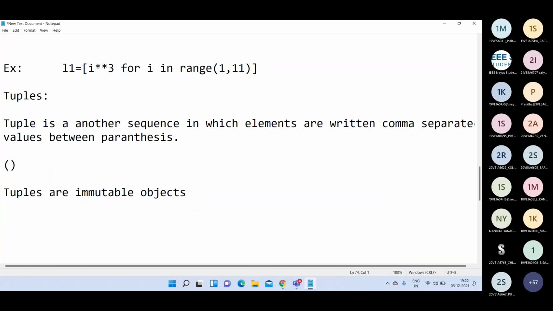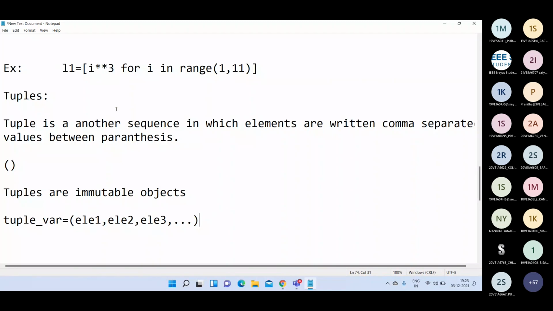To create a tuple, we use the syntax like this: tuple variable is equal to parentheses, and we write element 1, element 2, element 3, and so on. Whatever elements you want to store can be specified within the parentheses.